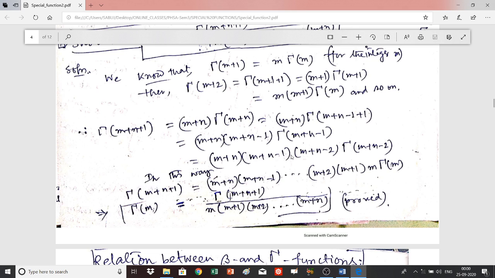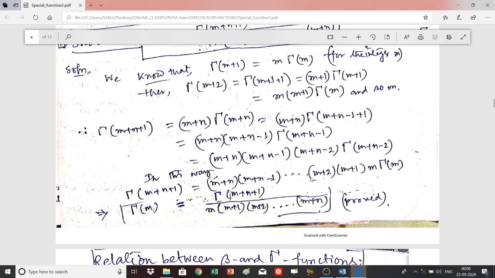Just continue these calculations, and the final term will be m, because n is decreasing here in such a way that the final term will give you 1. So finally you will get gamma m plus 1, and gamma m plus 1, you know, is m gamma m. So this is the last. And that means